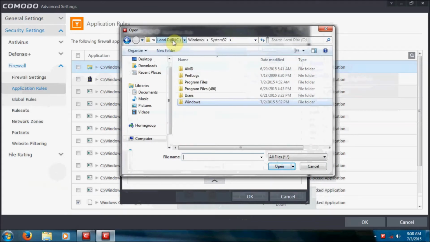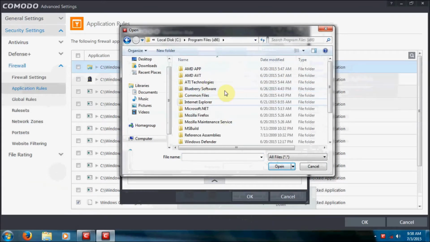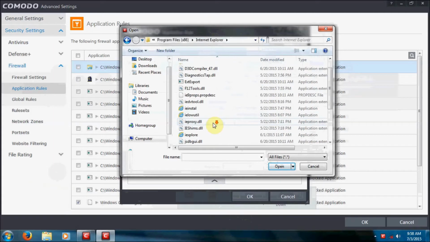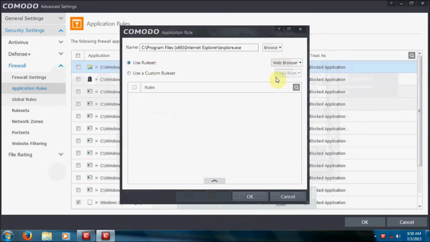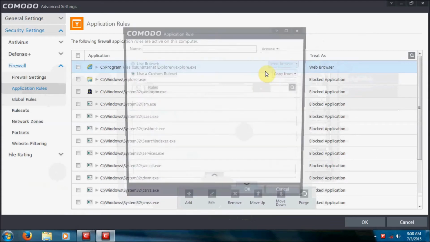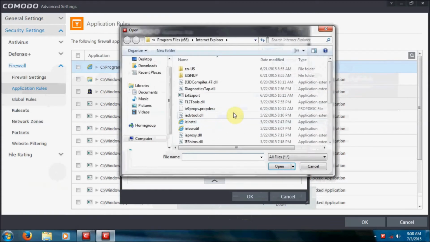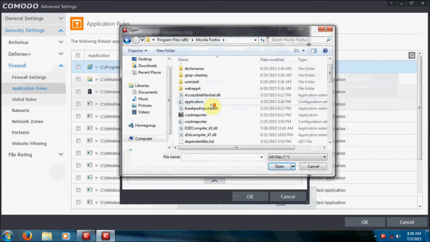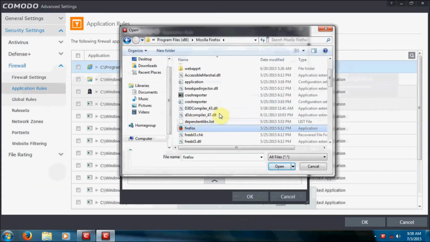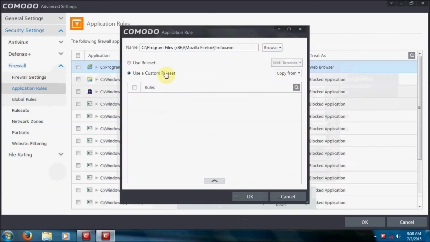and one of the first ones we're going to start with is our web browser. So we're going to go to the Program Files x86 folder, and we're going to choose Internet Explorer, iexplore exe, and we're going to set a rule set as a web browser. And then we're going to go back and select Mozilla Firefox. It's worth noting that you can do this with any executable. If you're using Chrome, you can always go find the Chrome folder and add Chrome exe as a web browser